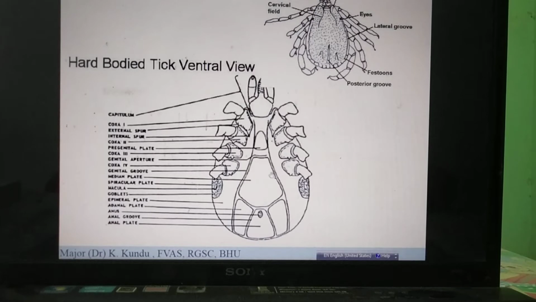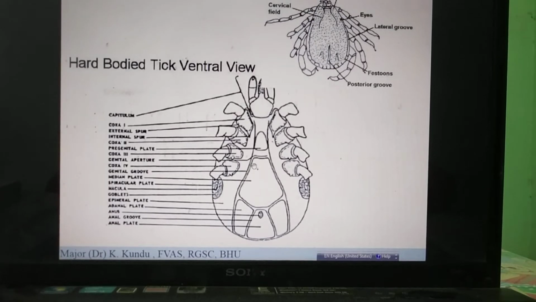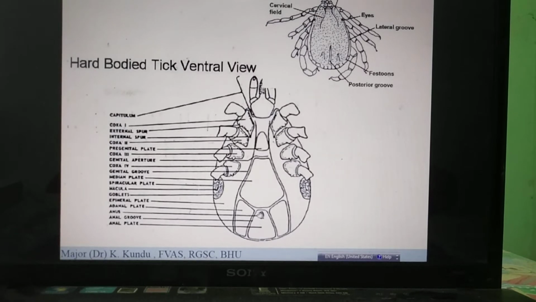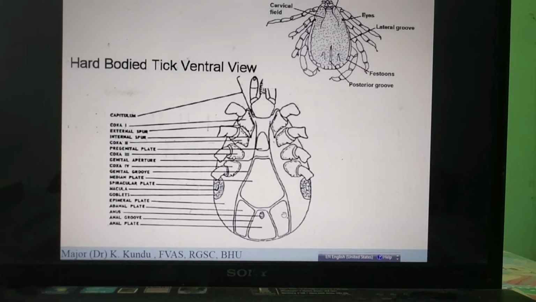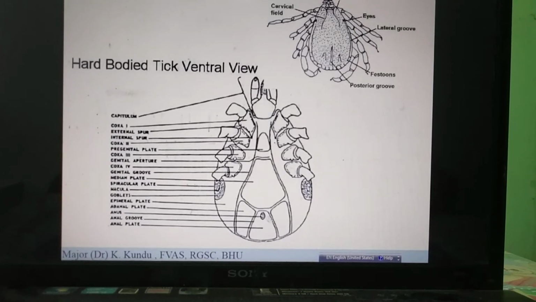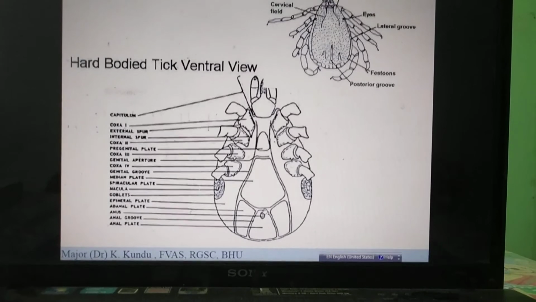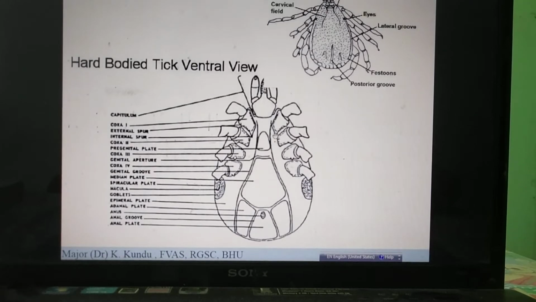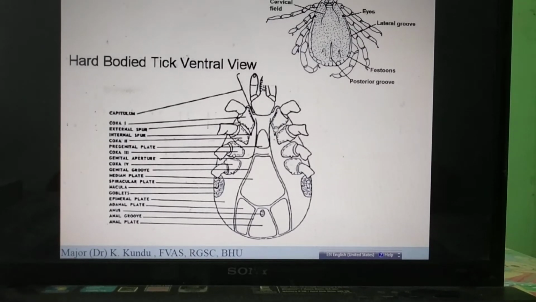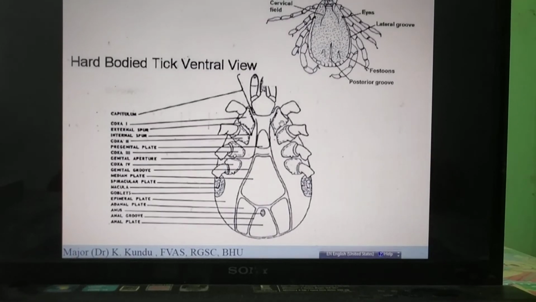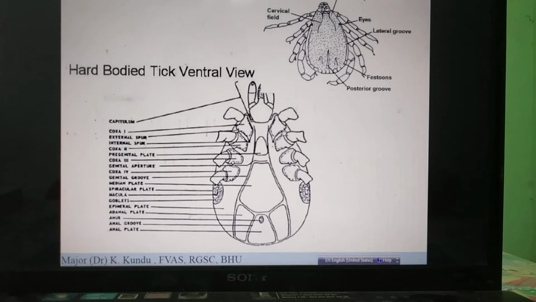Then there are ventral shields or armors. The cuticle in the ventral side is forming plate-like structures. Now there may be adanal plates, accessory adanal plates, or posterior anal plates. So all these are some of the important structures that we have to remember. The shape of the spiracles. Then the coxa, you can see here the structure on the coxa. The coxa may be having a spur, the coxa may be bifid. So all these are some of the structures which we will look into while we study the characters of the